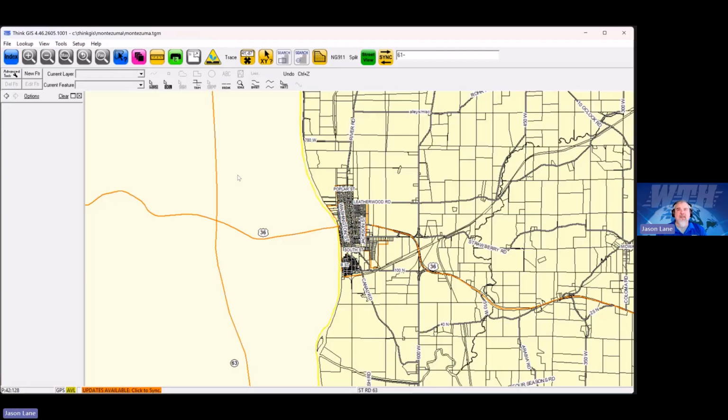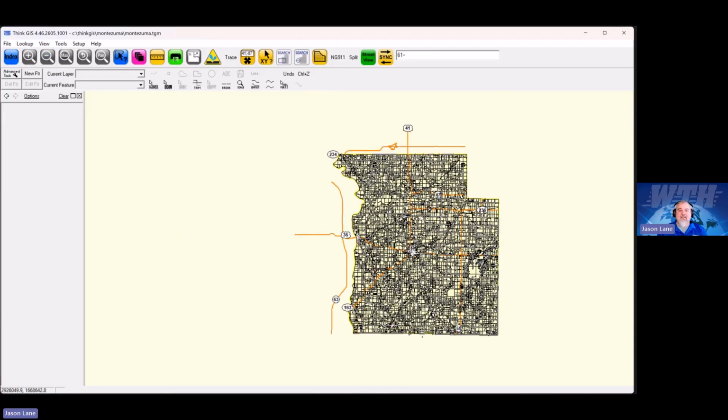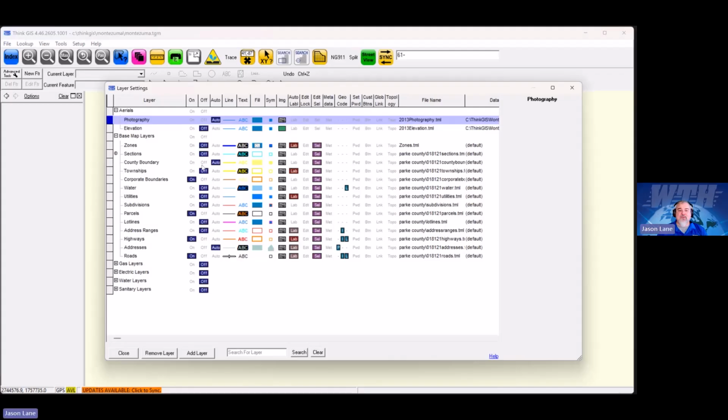The one that I know the other service guys would probably agree on is that we do get calls periodically about slow maps, and many times it's because the aerial photography has been set to on. If I go to max view and keep zooming out to where I can see the whole county, and I turn the photography to on,